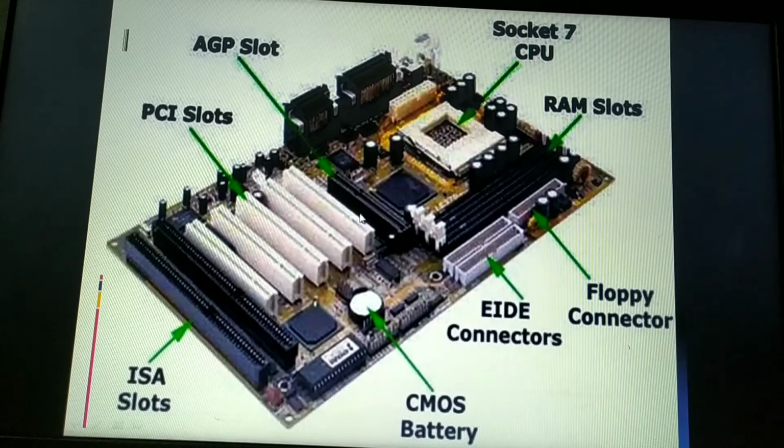Just as an example, I'll show you how these expansion slots increase the capabilities of the computer. For example, if your computer does not have sound capability, then we need to install a sound card into an expansion slot.